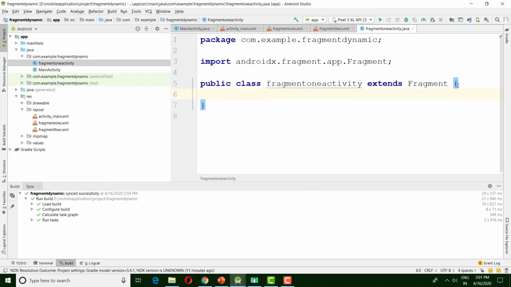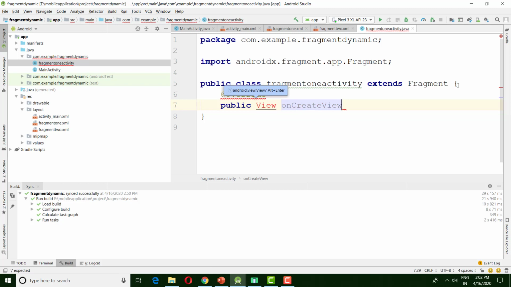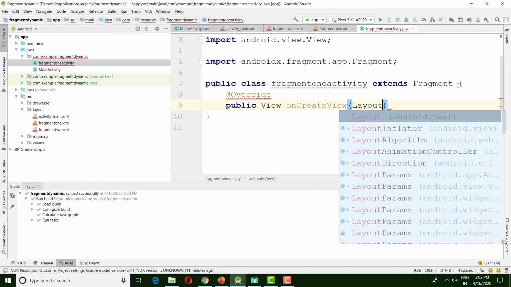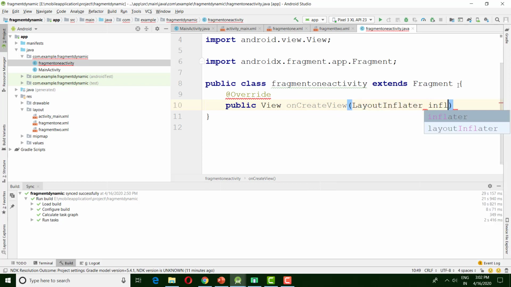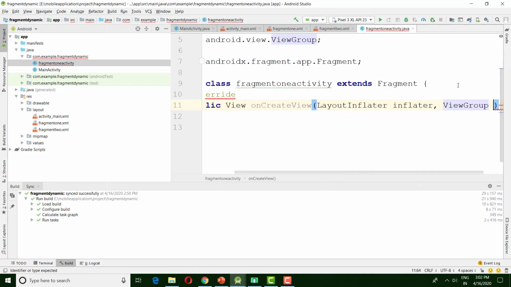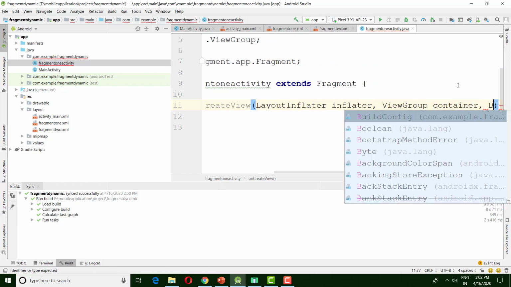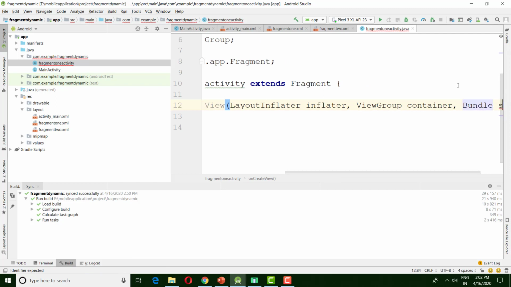Now in this file define the overridden method of the fragment class, that is public View onCreateView. It has 3 parameters: LayoutInflater, one container, ViewGroup container, and Bundle savedInstanceState.